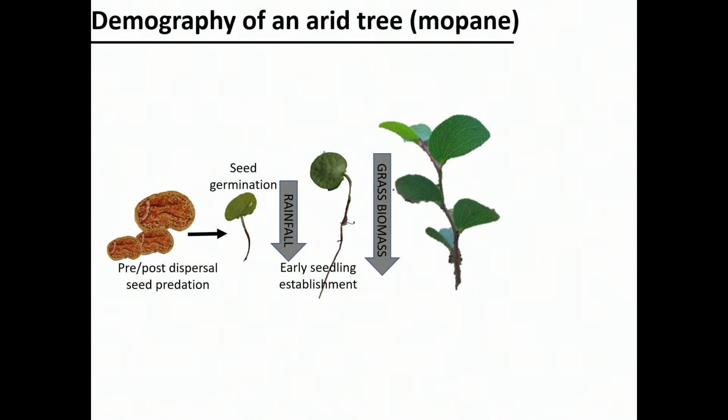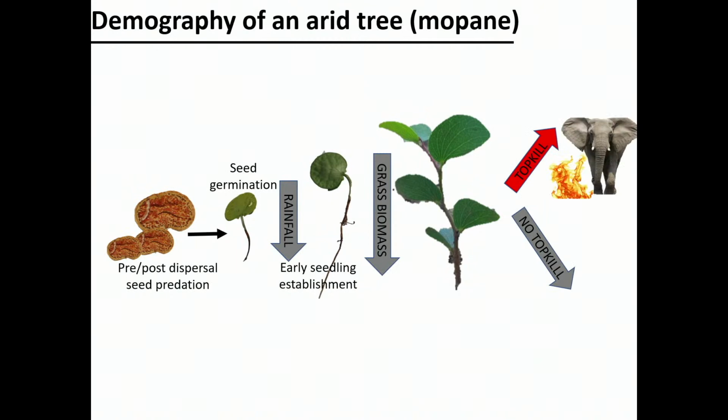The transition to a sapling stage is determined by the amount of grass biomass, both through grass competition, but also it determines how much disturbance Mopani seedlings and saplings experience. So that's all good. None of this is particularly different from many other savanna tree species. But what is really interesting about Mopani, and I've mentioned this before, is that there's some threshold of disturbance which determines the architecture of the tree.